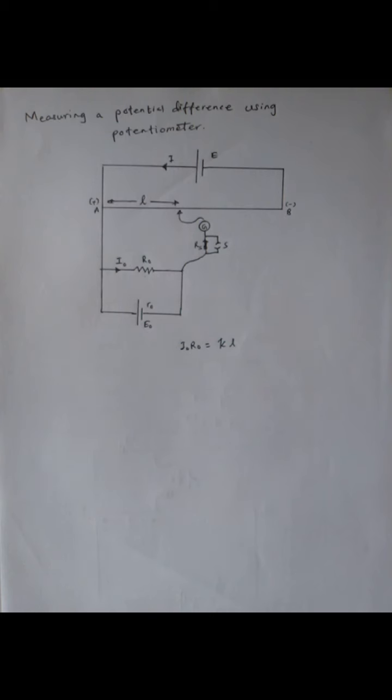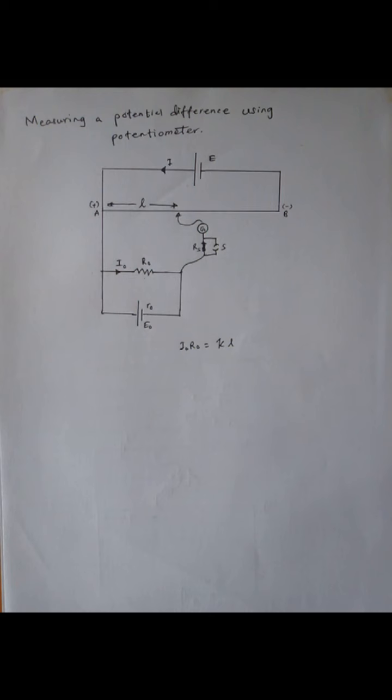Later we'll see how we can find this end error in another video. And it's better to obtain the balance length somewhere in the middle of the potentiometer wire, so we could measure the balance length with more accuracy. In other words, we can minimize the fractional error of the reading. Also, the resistance of the potentiometer wire is large compared to end errors when the balance length is large. Therefore, we can neglect the end errors.